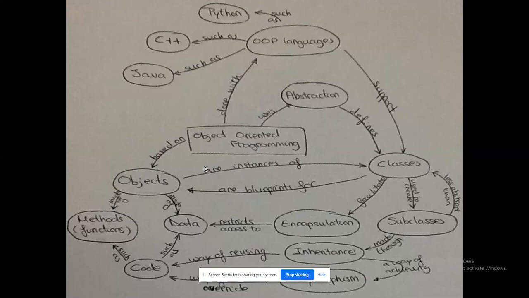And this is also a mind map to discuss the OOPS concepts in a clear way. The OOPS languages we have mentioned are Python, C++, Java, but object-oriented programming emerged based upon the concept of class and object. But what is the idea behind classes and objects? That was completely abstraction. We are going to discuss these individual topics in detail, but this mind map will help you understand object orientation, because abstraction will hide everything.